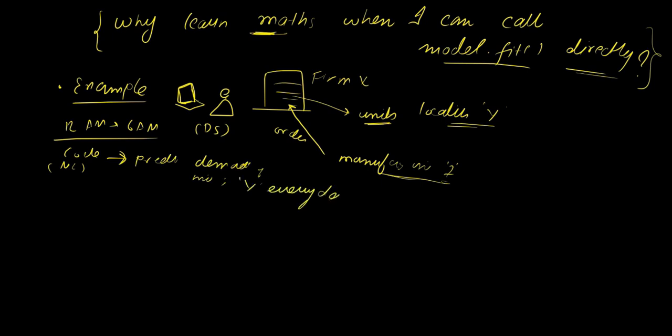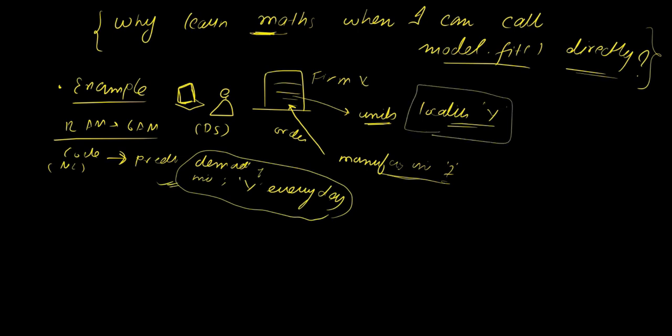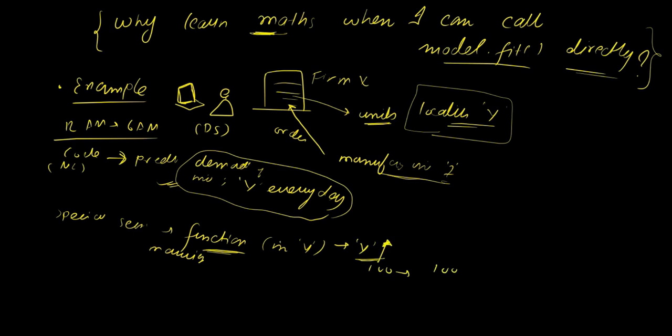Because you have to make the order in the mornings. So in the night, your code is running and predicting, based on the past information, how many parts locality Y on a particular date is going to need. Now imagine a special scenario arises: due to a certain function being organized in the locality, it can be a marriage function, for example, the number of parts to be sent to Y tremendously increased from 100 to 100,000.